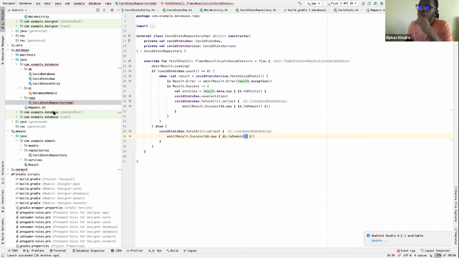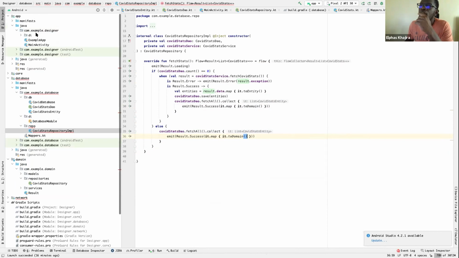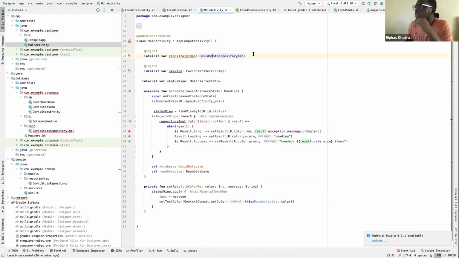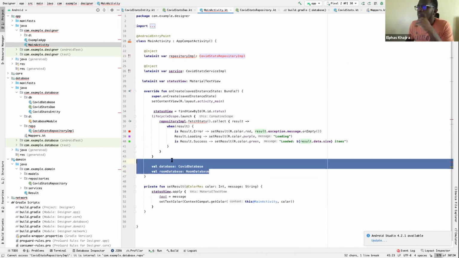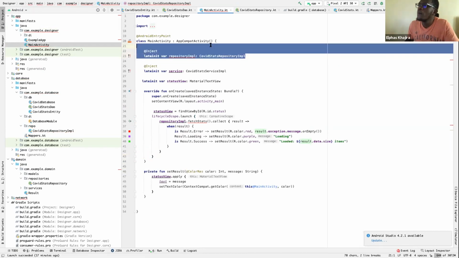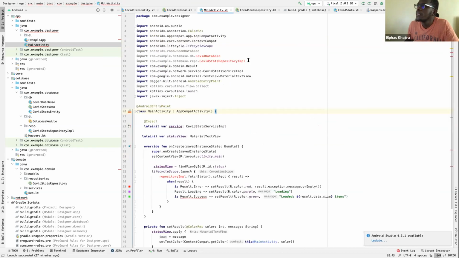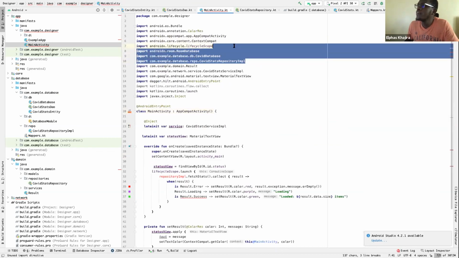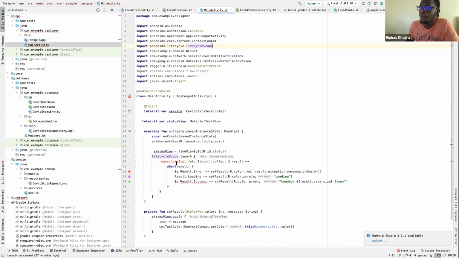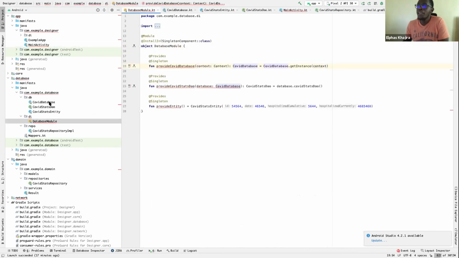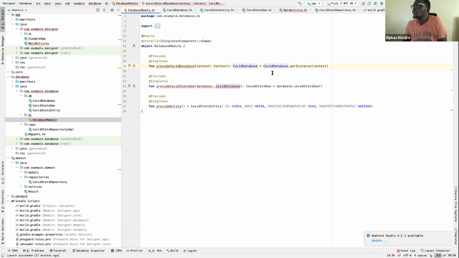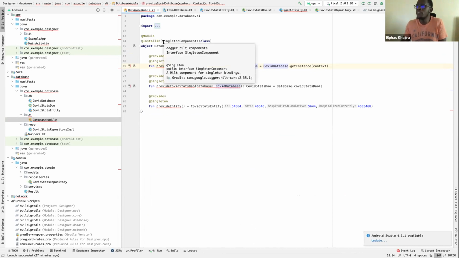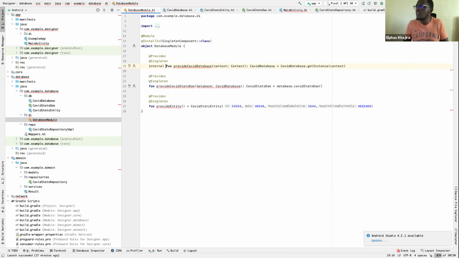So if we go back to our main activity, now we can't access this. So I'm going to remove all this that we can't access. And then we need to provide how we map this repository to our implementation. So what we'll need to do is come to our database module. Of course, this is still public. So the only way we'll solve these issues about providing our database as well is marking them as internals.